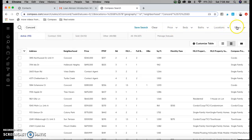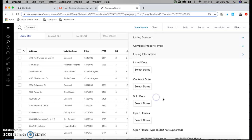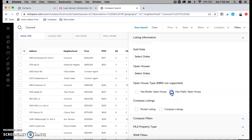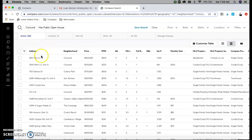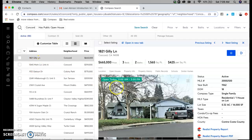If we were to search for properties that were only available on open house, then we go down here to listing information, go to public open houses, and now you can see for this weekend we have 50 results, properties available. If you click onto any one of these properties, you can see the open house day, which